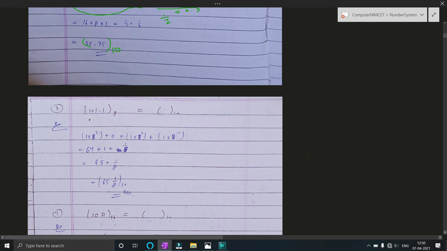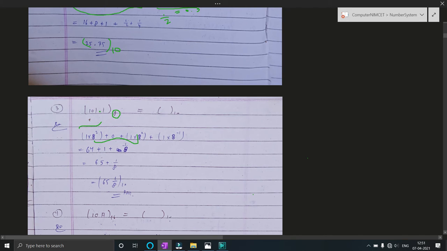Next, 1.1, and this time the base is octal, and we need to convert it into decimal form. And how will we be converting it? The whole thing will be carried out in two parts. First take the left part of the point, so 1 into 8 power 0, and why 8 this time? Because the base is 8. So 1 into 8 power 0 plus 0, and the next digit 1, so